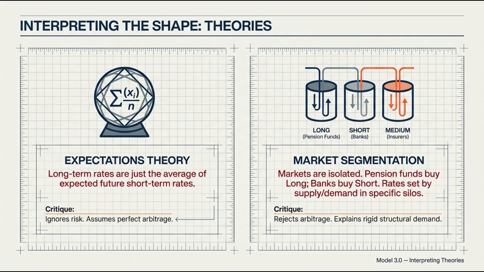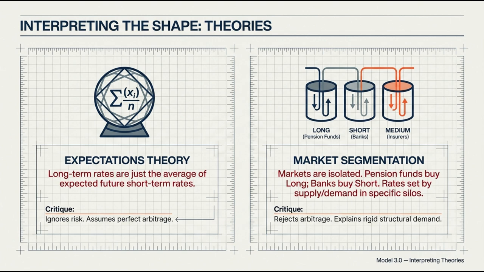It's a very elegant, but a little too simple for the real world. Ultimately, yes. It's an incomplete explanation. The theory assumes perfect arbitrage between different maturities, forcing them to align based purely on expectations. But the real world has boundaries, which brings us to the market